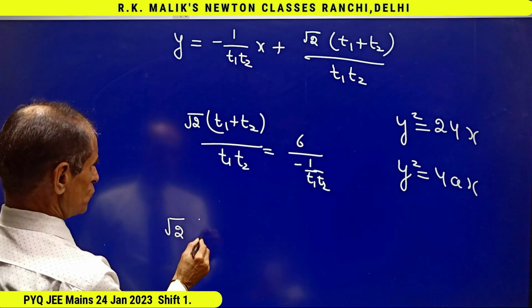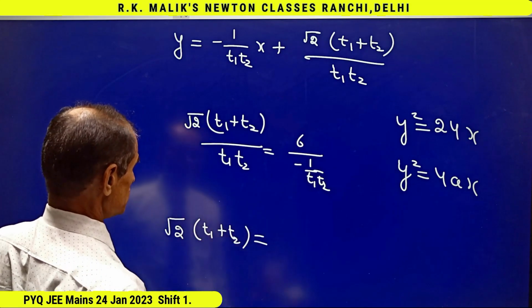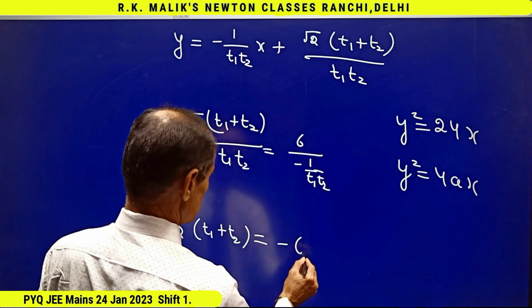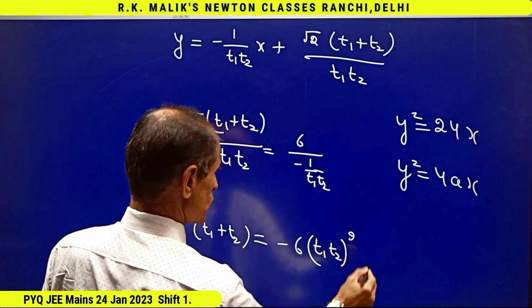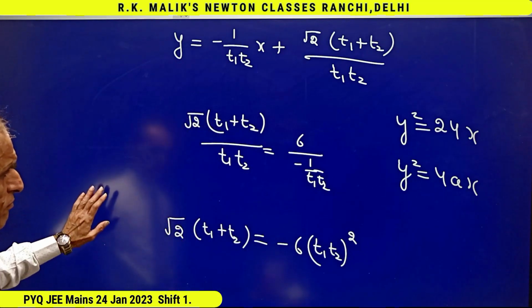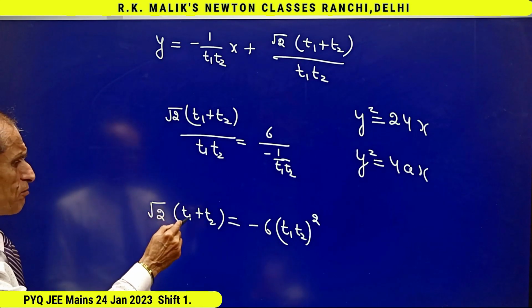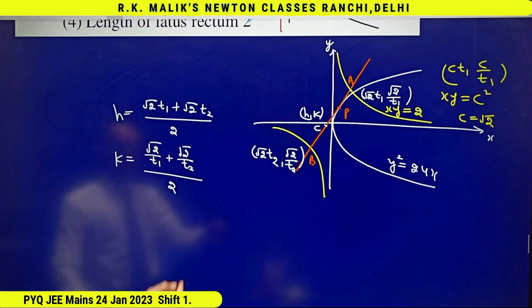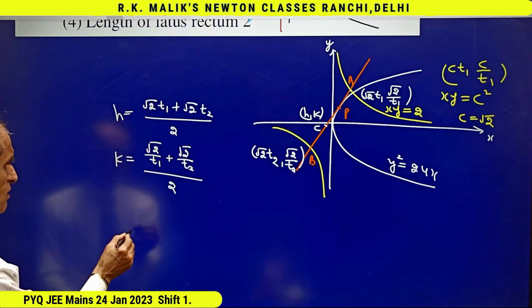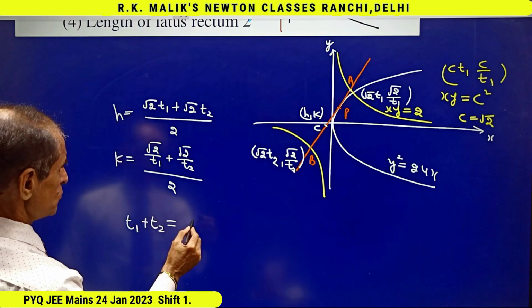Root 2 into t1 plus t2 is equal to minus 6 t1 t2 whole square. And with the help of this, I will find the relation between h and k. For this, I will have to convert t1 plus t2 and t1 t2 in terms of h and k. It is clear from here that t1 plus t2 is